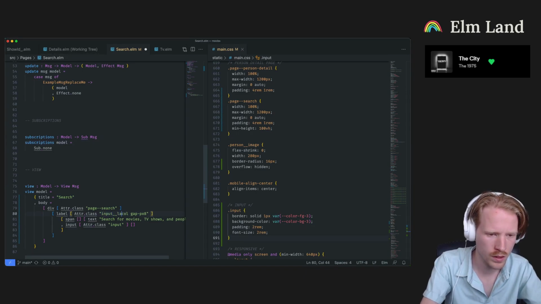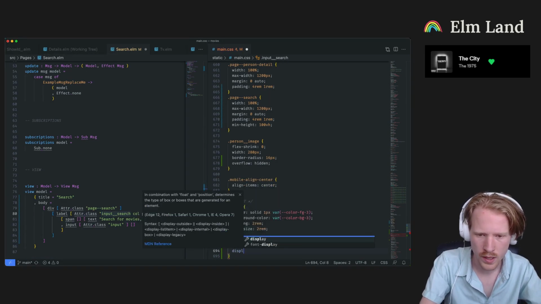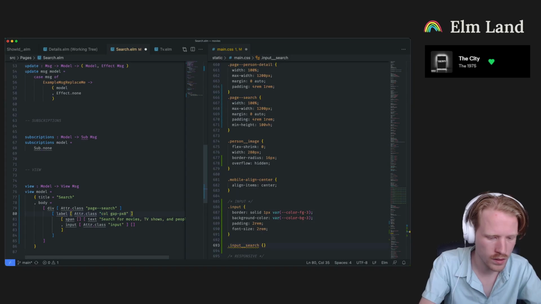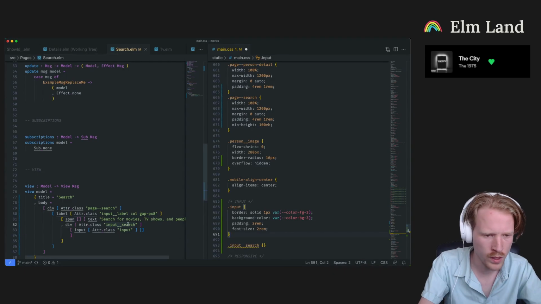And then what I'm gonna do is add a class here. This is gonna be input label. Let's call this input search actually. And this will be display. No, I don't want to do that. I want to add an icon. So what I'm going to do is make a little div here. Cool. And then I think for the input label,